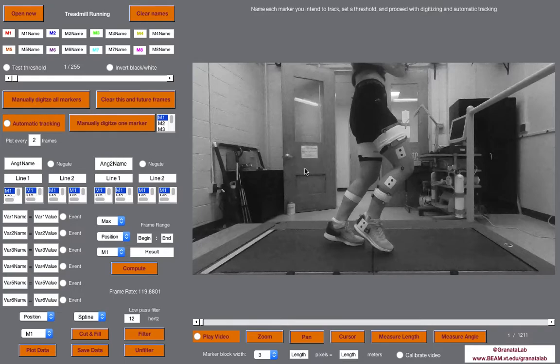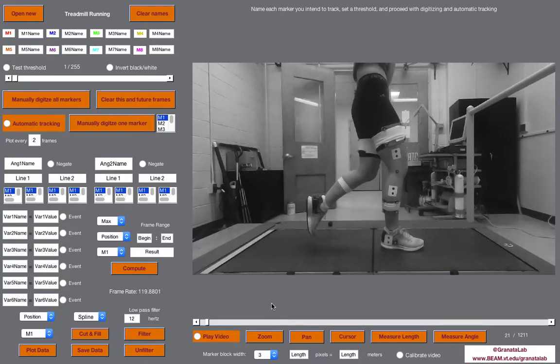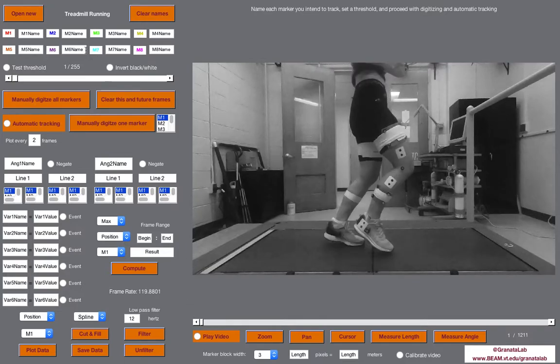Alright, so here we have a participant running at their preferred speed on a treadmill. And we could just go through and watch the video if we want, but let's get right into the tracking. So the first thing we need to do is name the markers we want to track. Thigh 1, 2, shank 1, shank 2. So in this tutorial we're just going to track these 2 dots on the thigh and 2 dots on the shank, and we're going to use these to extract some information about knee kinematics during running for this